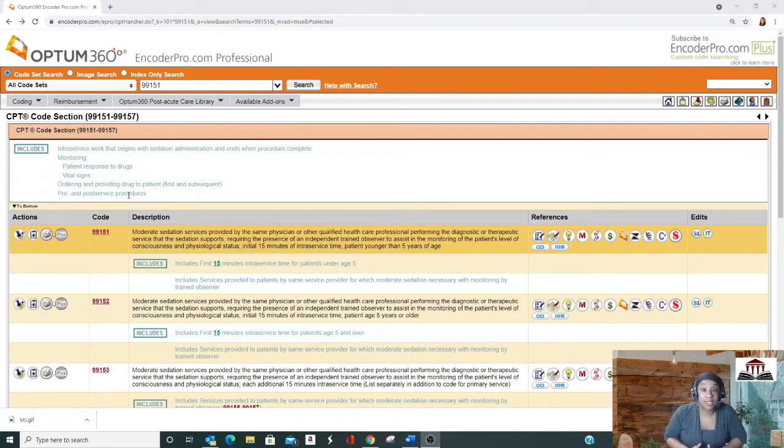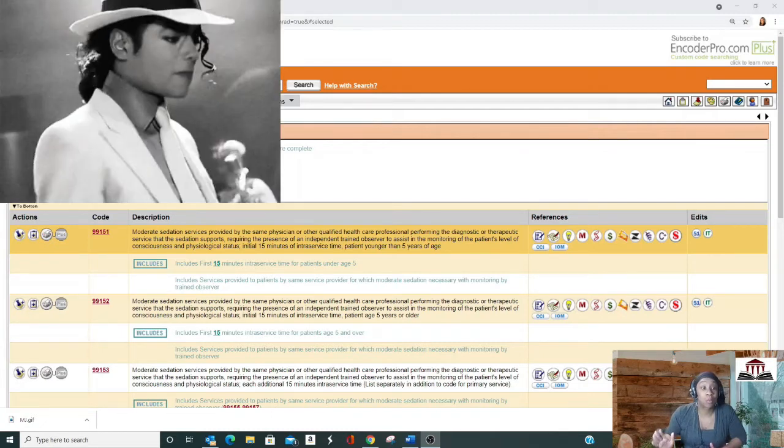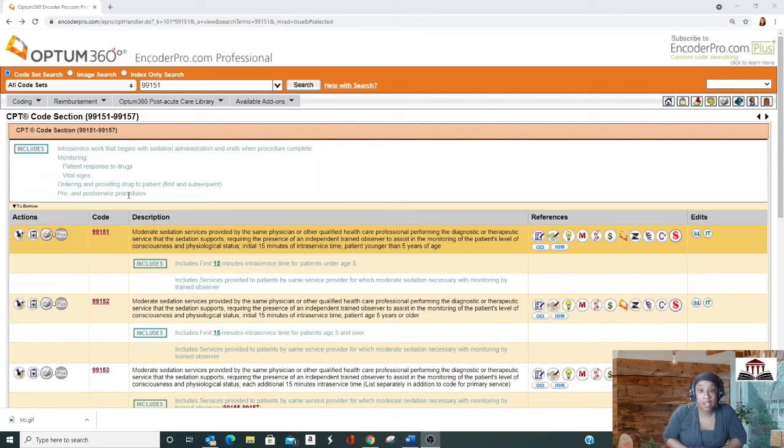Some of the agents you'll see when they're doing moderate sedation. Note here, just because you see an agent doesn't necessarily mean that it's moderate sedation, so I would caution you about that. But some of the agents you might see are Versed, fentanyl, midazolam, and the one drug everyone who knew nothing about medicine knows, propofol. This is the drug that was the cause of death with Michael Jackson, a case in point of propofol doing what it does if not properly administered and monitored.